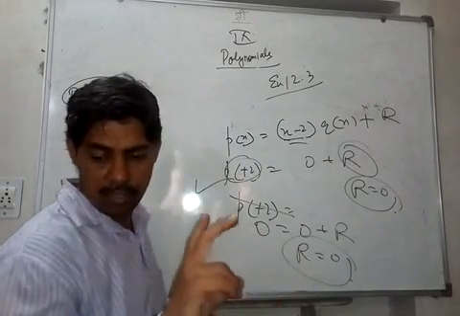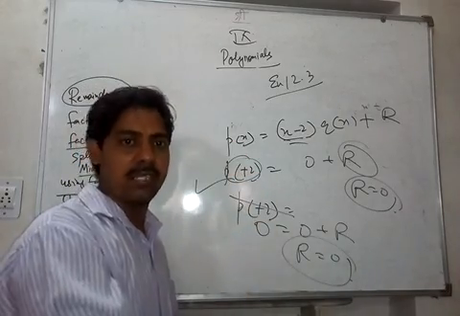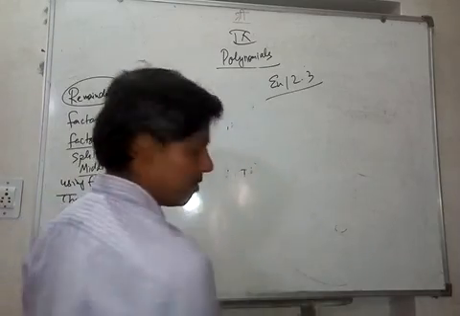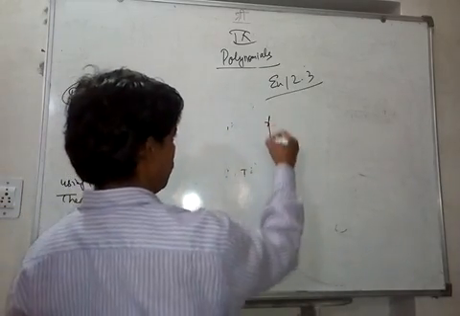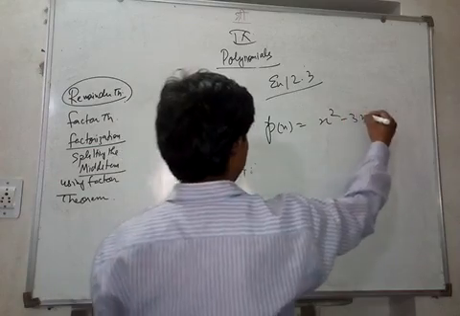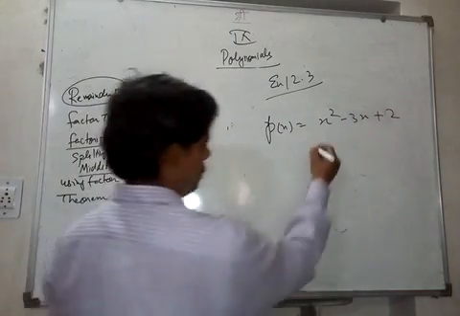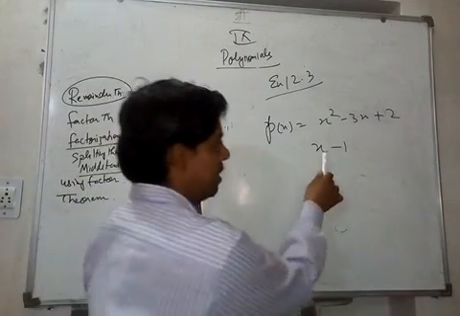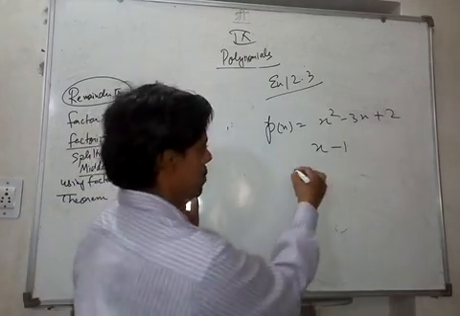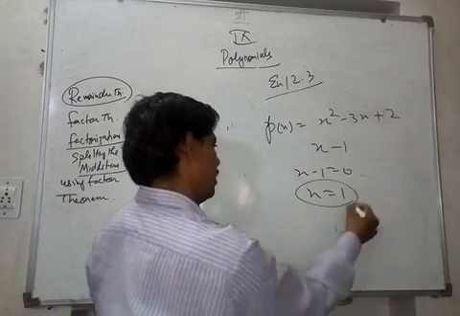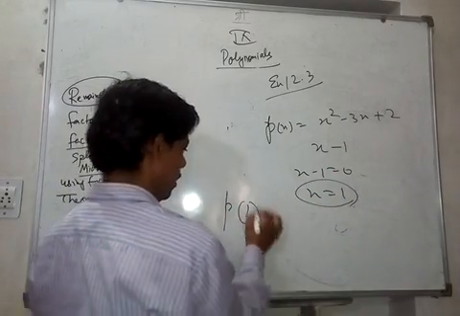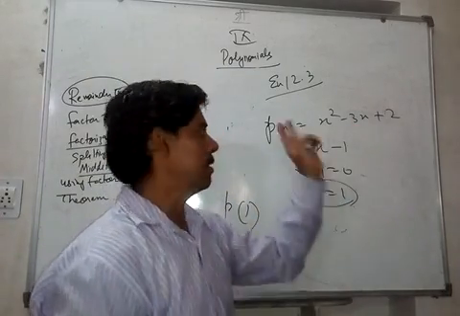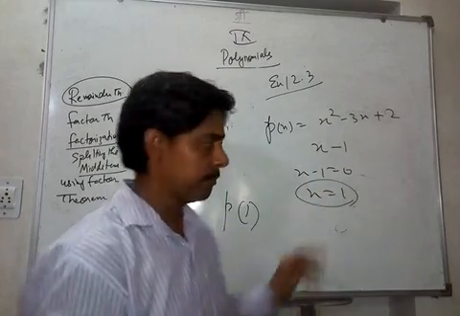So this way there is a question of 12.3, third question, and then that complete exercise 12.4. I'll give you a simple question. Suppose there is a polynomial x square minus 3x plus 2, and we are dividing by x minus 1. You want to find whether x minus 1 is a factor of p(x) or not. So write x minus 1 is equal to 0, x is equal to 1. Now if p of 1 is 0, then x minus 1 is a factor. If p of 1 is not 0, then x minus 1 is not a factor.